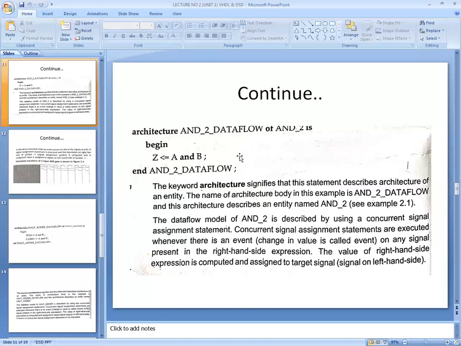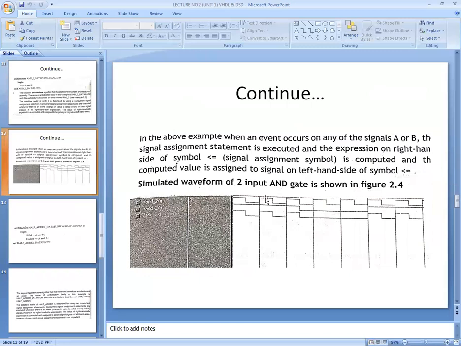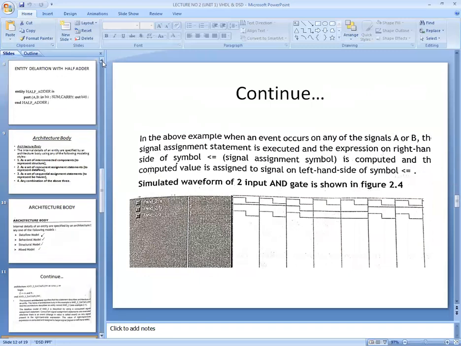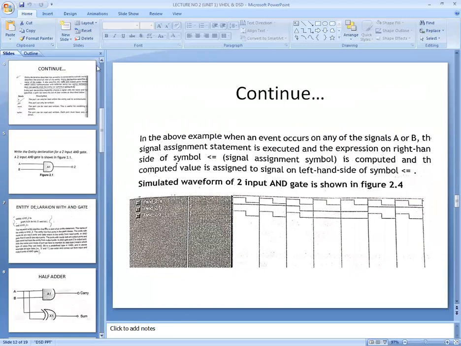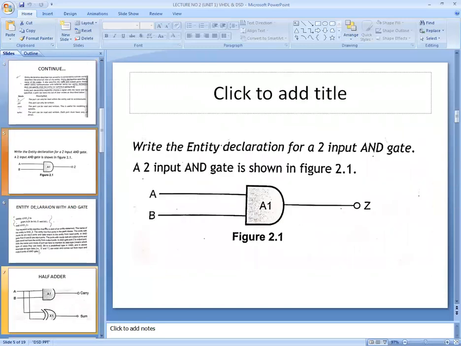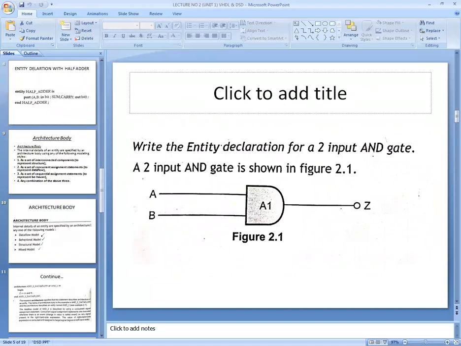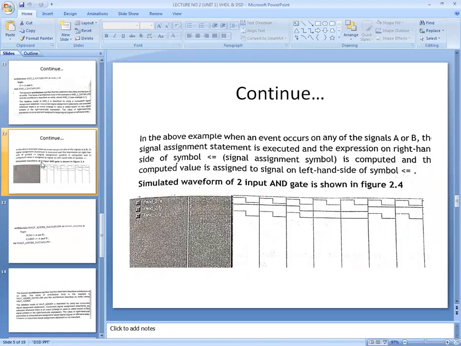After that, you run the program, and in VHDL we can use two tools. One is called simulation, and the other is called synthesis. The simulation tool gives the information about your waveforms, and the synthesis tool relates to the circuit diagram of your AND gate. If you get the result in the waveform, then the simulation tool has worked, and you can analyze that waveform as per the truth table of the AND gate. If the waveform gives proper results, in that case you can get the final result.